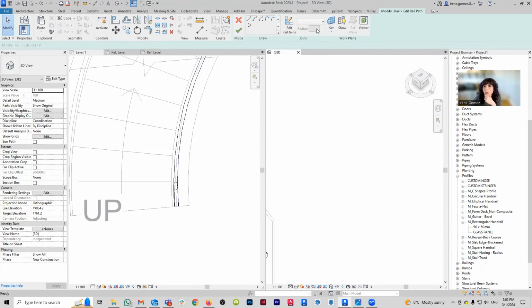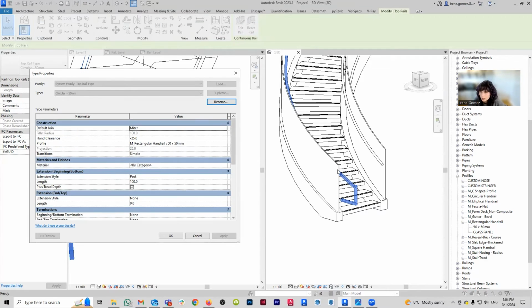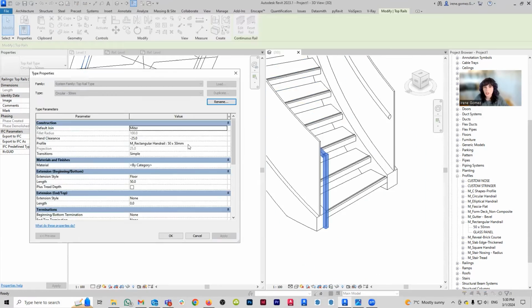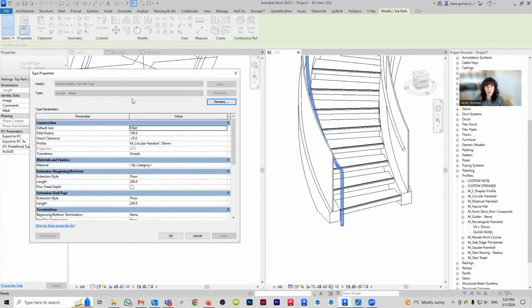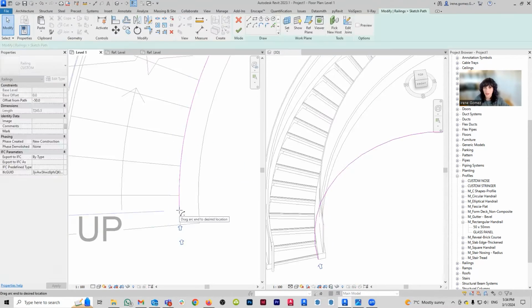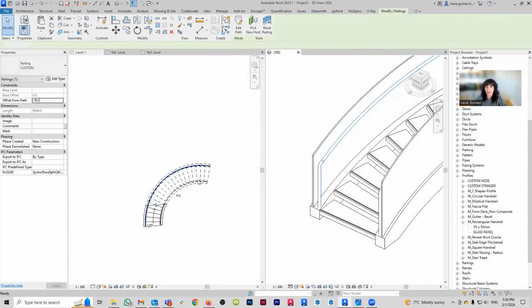Now, you can extend it manually, which is what I'm trying to initially do, or you can, what I'm doing here, set up a set of instructions to automatically extend it at the beginning and the end. Now, these options are a little bit limited and they will still require some editing. So what you're seeing here is that I figured out that I can have that extension in curvature. Keep in mind, again, if you are going to be doing the extension, you're going to have to shorten the path of your rail to make sure that it still starts where you want it to start.